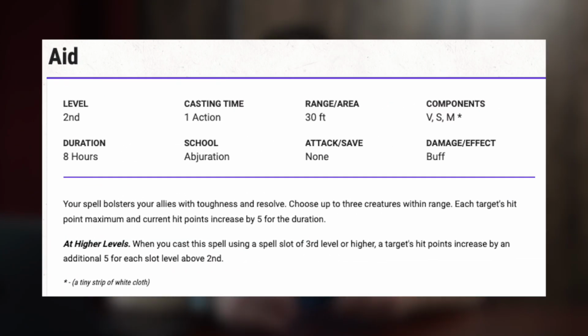And third on our list we have Aid. Now at first glance this one may seem like an out of combat spell only, but it's actually a pretty good in combat healing spell. The main thing to notice here is that it increases current and maximum hit points. So if you cast this on an ally with 0 hit points, it will bring them up to 5 hit points. And on top of that, it'll have a lasting buff of increasing their maximum hit points as well